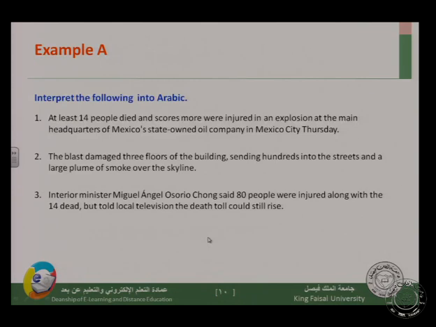Now, before we leave, I'd like you to interpret, for instance, the following into Arabic. At least 14 people died and scores more were injured in an explosion at the main headquarters of Mexico's state-owned oil company in Mexico City Thursday. Now,